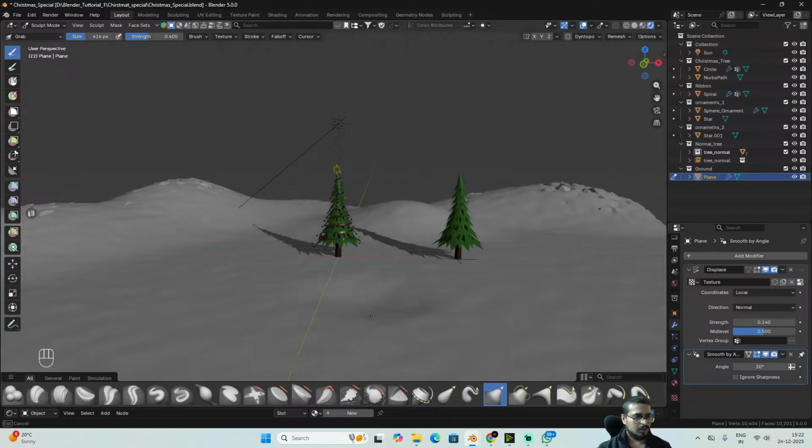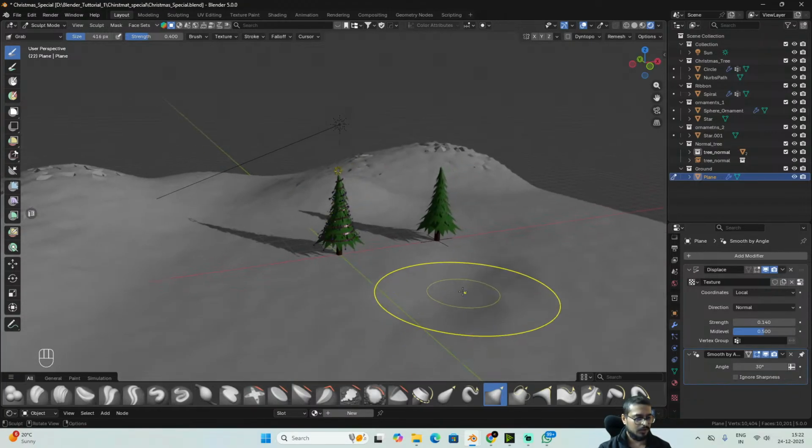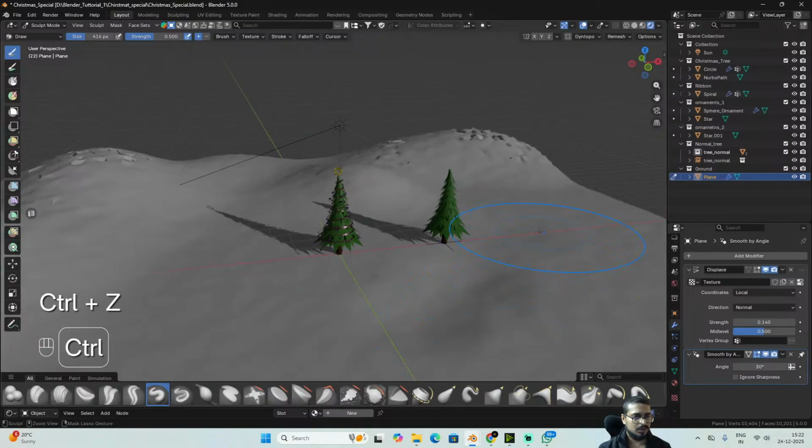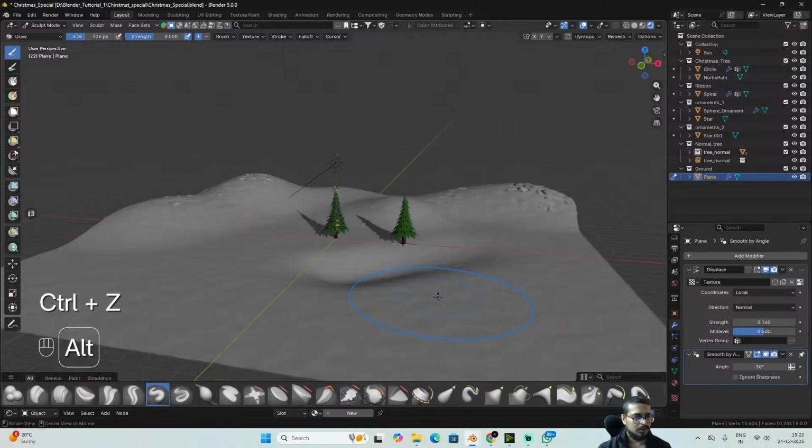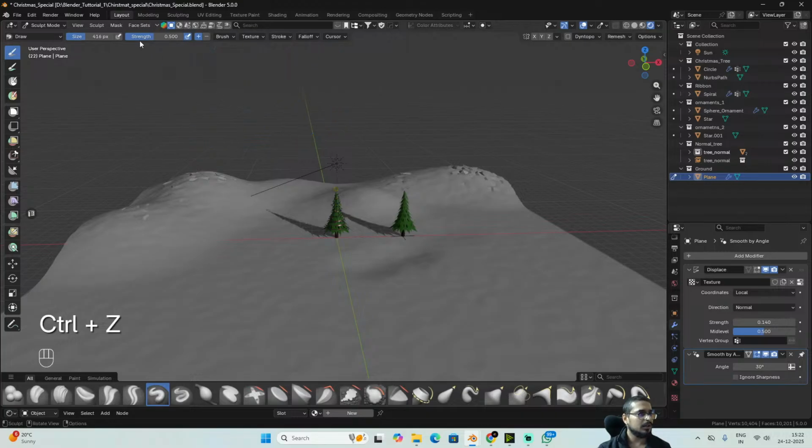I can make some tips like this as well, or we can use the draw brush. This one is the draw brush. I'll press control and change the strength. I can scale the brush down so that